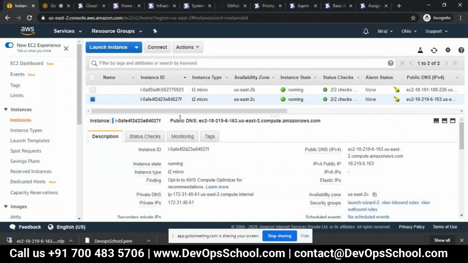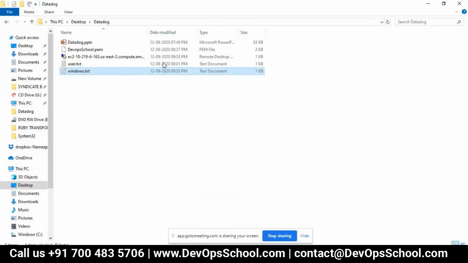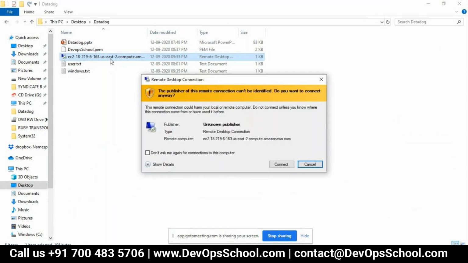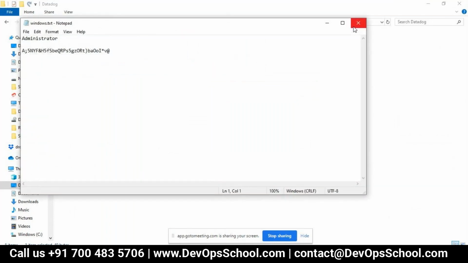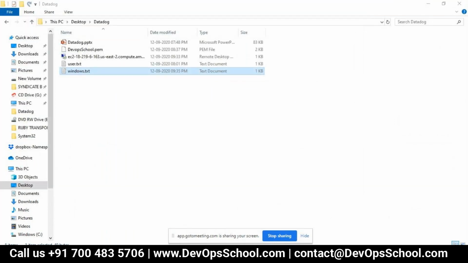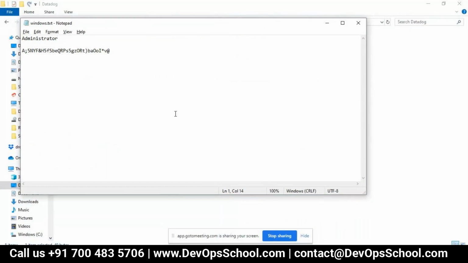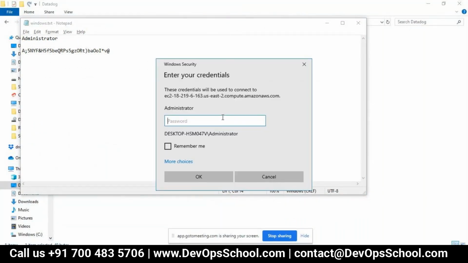Yeah, so now my instance is ready, and let's connect to that particular instance, and then we'll try to install the Datadog agent on my Windows instance. It is already open. Administrator, and password is